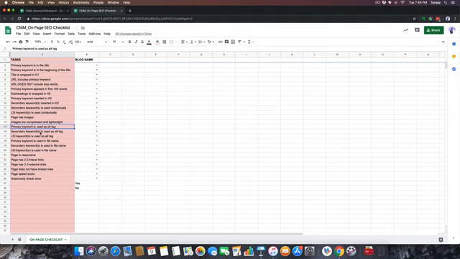So ensure that your primary, secondary and LSI keywords are used as alt tags. And also, yet another thing that you can do with all those keywords is, whenever you're uploading an image, ensure that the file name is one of the keywords, either primary, secondary or LSI. A few other things that you need to keep in mind is, if